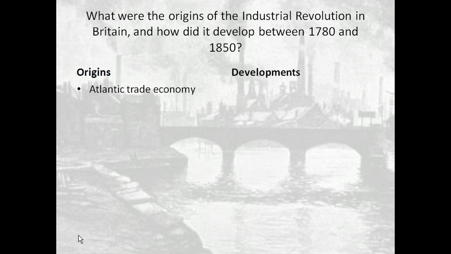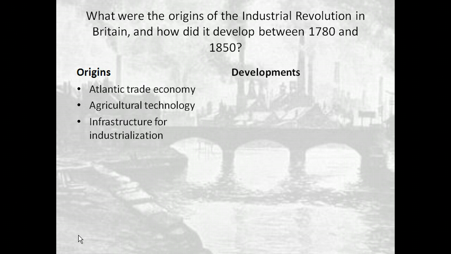So let's answer a question. What were the origins of the Industrial Revolution in Britain, and how did it develop between 1780 and 1850? Well, the origins were certainly in the Atlantic trade economy, new agricultural technology, stuff we talked about already, infrastructure for industrialization, you remember like the banks and the creditors, the Enclosure Act, right? Because the Enclosure Act provides all this cheap labor,